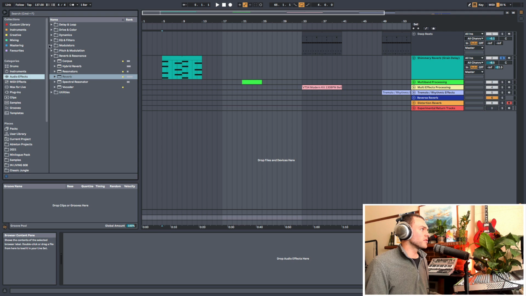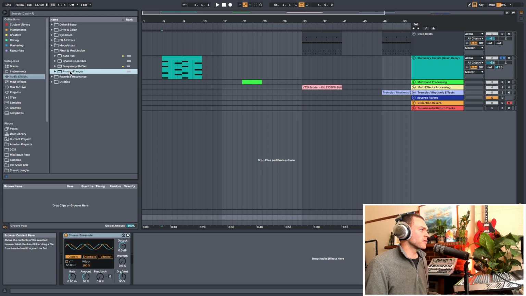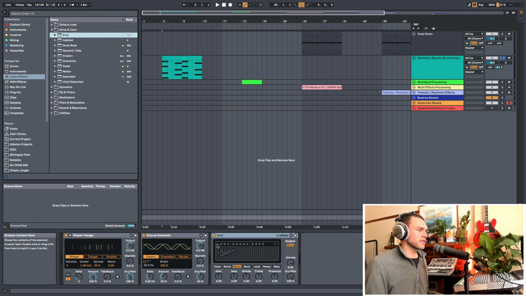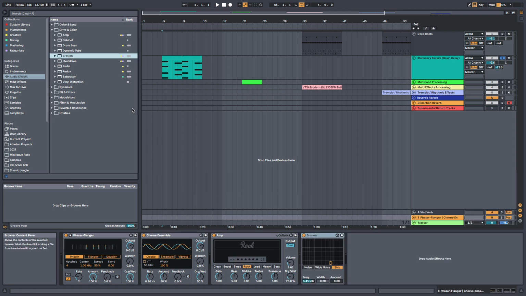So I'm just going to go into my modulators, or maybe pitch and modulation first, and sort of just going to click some things and see how it goes. I would usually listen to each thing as I'm adding it and tweak it along the way, but for the simplicity of the example, I'm not going to listen to anything. I'm just going to add everything onto this track and sort of tweak what I think might be good here. I'm going to add a little bit of sort of drive effects here, and then maybe